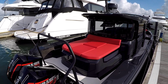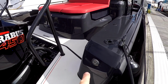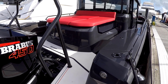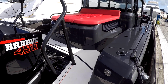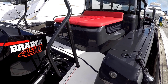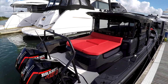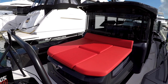So jumping on board, and just before I do, I just want to draw your attention to these little LED lights here at the back. When the boat is started up, you will see it as part of my video when I showed the engine starting up. These start to flash yellow in a circular motion as the engines start up, and then once the engines have kicked in, they go onto a constant yellow. So there's lots of little details like this which make this extra special. So stepping on board,